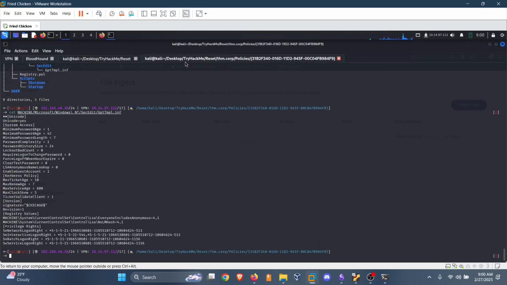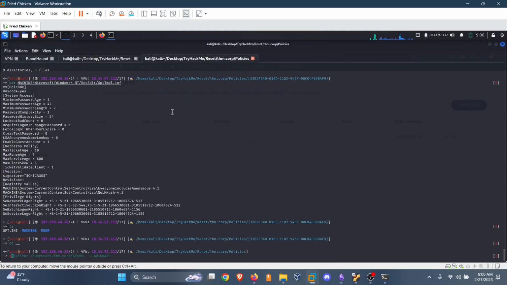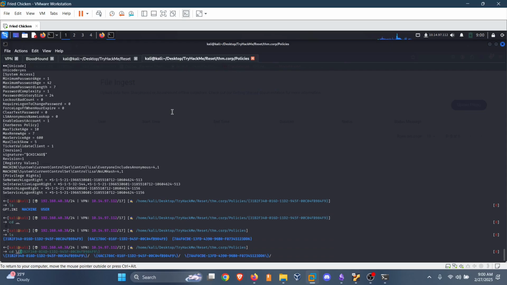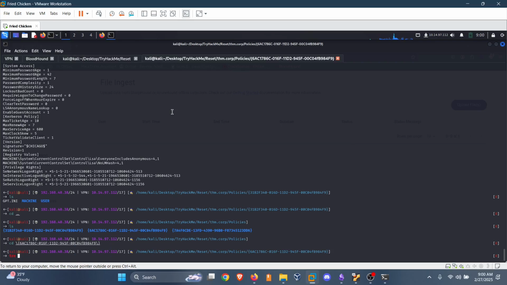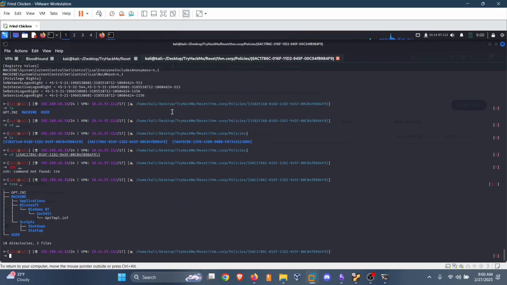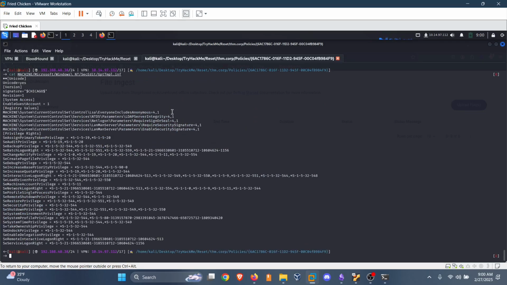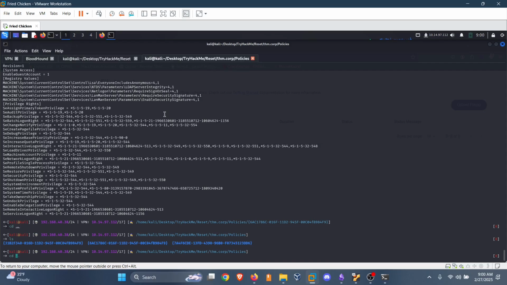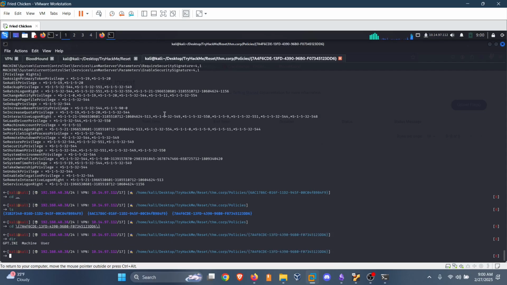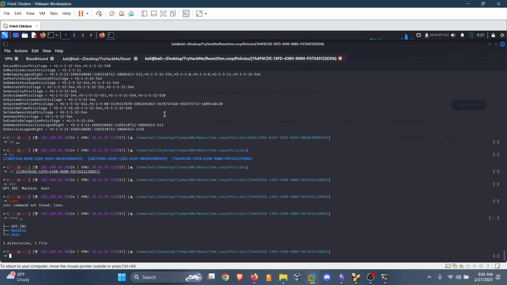So while this is running here, I was just checking out this. cd, tree, and cat machine Microsoft Windows, and again nothing over here. Okay, tree. This is all like,